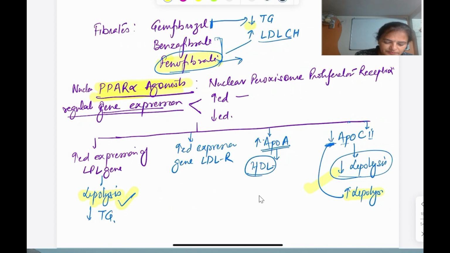Second one is that it is going to cause an increased risk of gallstones, cholelithiasis. That is another side effect with this drug. Okay, so that is about the side effects of this. Now this is also used in